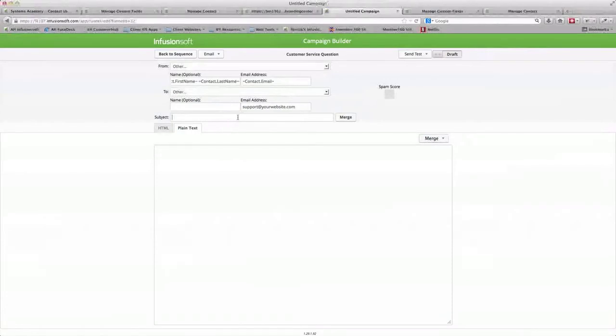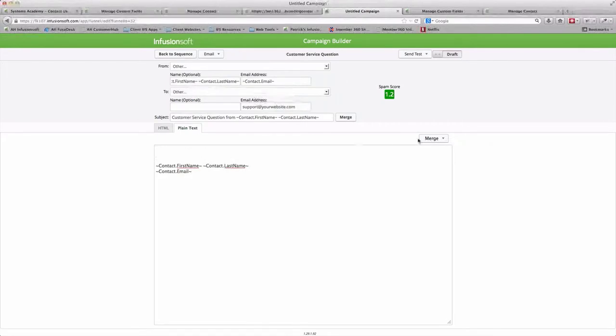first enter subject. We'll say customer service question from. So this is going to say customer service question from this person. So that's just telling your support team who's asking the question. And in the bottom here, we're going to throw their name in again, maybe even grab their email just in case. So this is going to look like the email is coming from this person, and then we want to